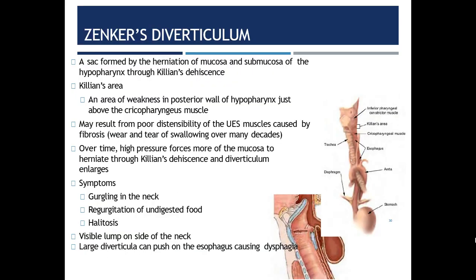Zenker's diverticulum, this is the outpouching or herniation of the mucosa and submucosa at the Killian's dehiscence. Now what is Killian's dehiscence or Killian's area? This is basically the area of weakness in the posterior wall of the hypopharynx, just above the cricopharyngeus muscle. It may result from poor distensibility of the upper esophageal sphincter muscle caused by fibrosis. Over time, high pressure forces more of the mucosa to herniate through the Killian's dehiscence, and there is a formation